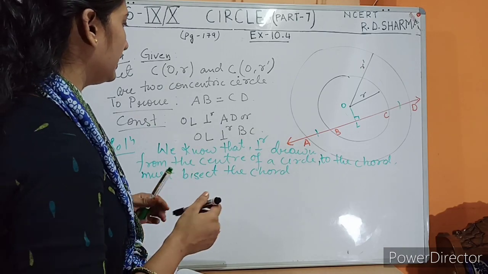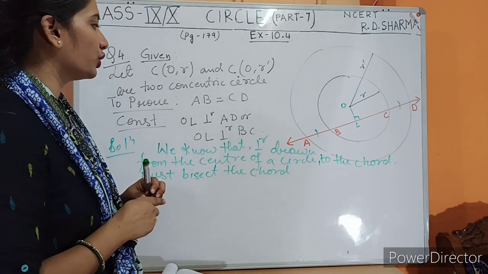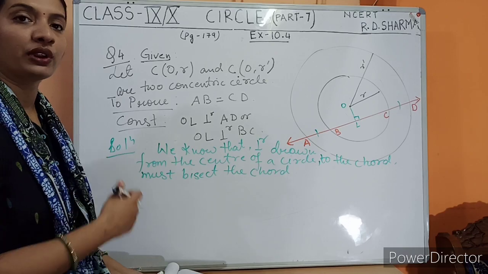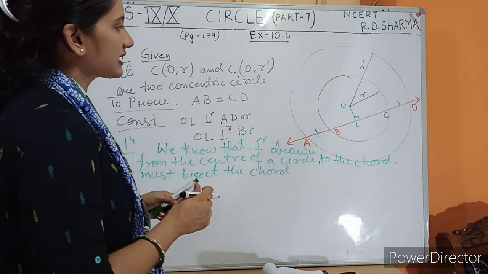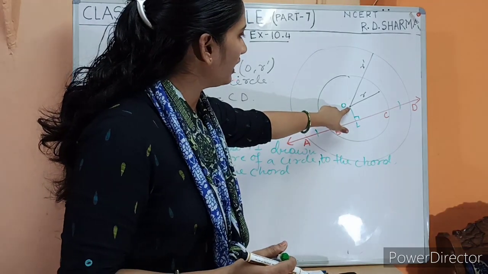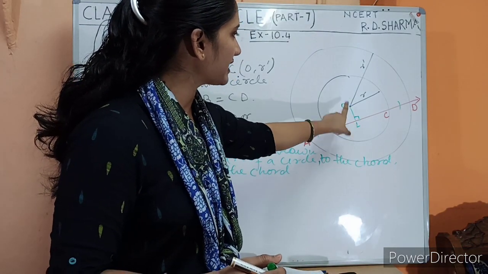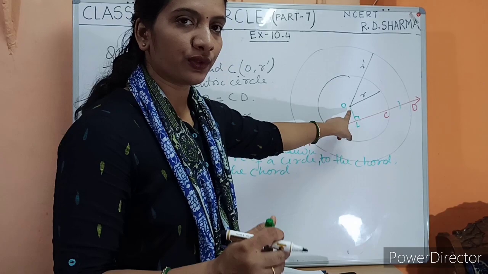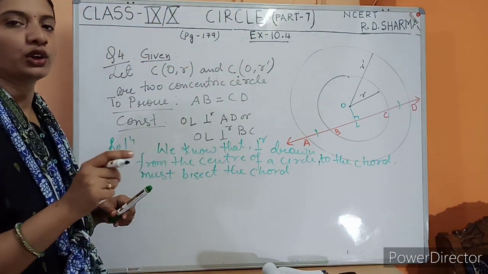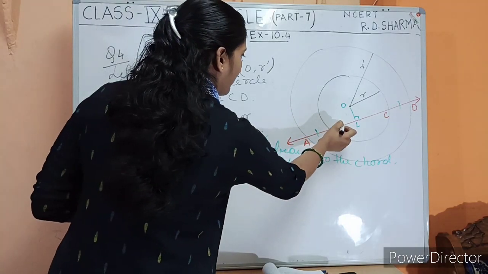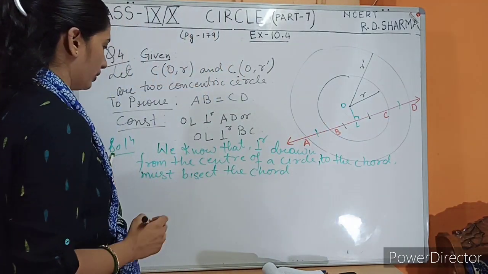You may see I have already given the proof of this theorem in my previous video. You may check out from there. इसका मतलब क्या है? इसका मतलब है अगर कोई एक perpendicular line start हो रहा है center से किसी circle के अंदर, and if it is falling on any of the chord, then it must be dividing the chord into two equal parts. मतलब ये पार्ट और ये पार्ट आपस में इक्वल होगा.